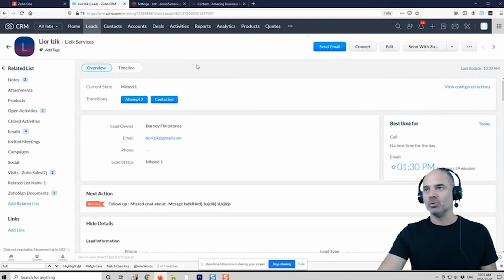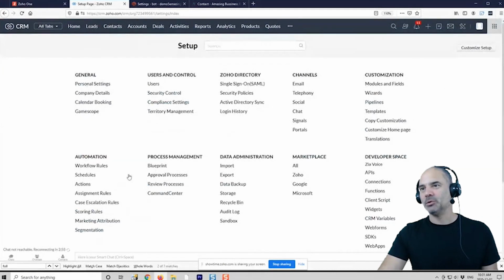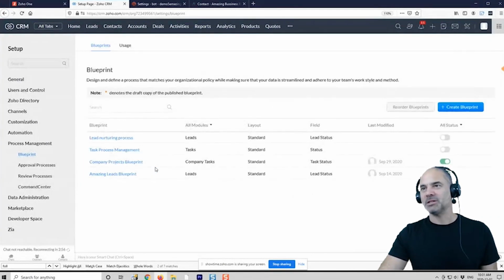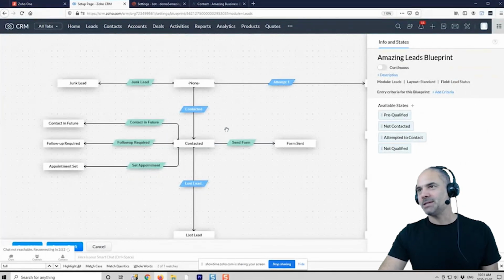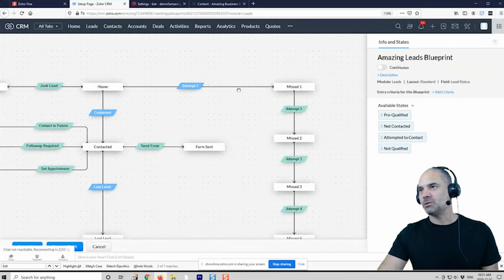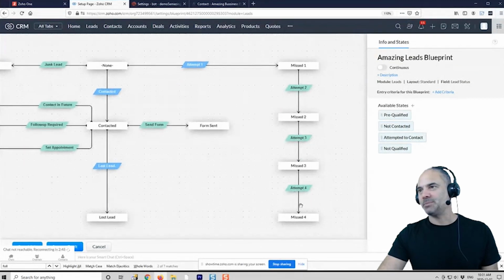What you can do: when we built the blueprint for you, there was one function that was not available back then, but now it is. So instead of having those 4 different steps, you could have only one step that we call just attempts, and it will loop from itself to itself.